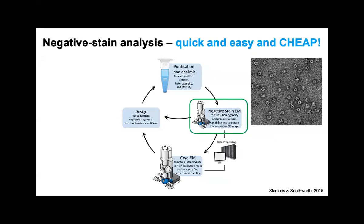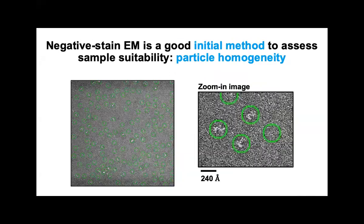You can actually see your individual particles here. This is a negative stain EM image of GroEL, right? And then how does it look now in CST, the purified CST that I made? So this is a good example of why negative stain EM is a good initial method. This is a very typical image of a negative stain